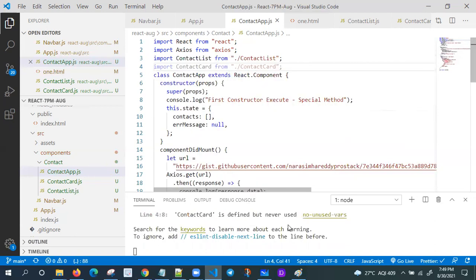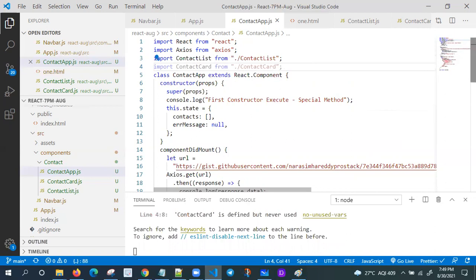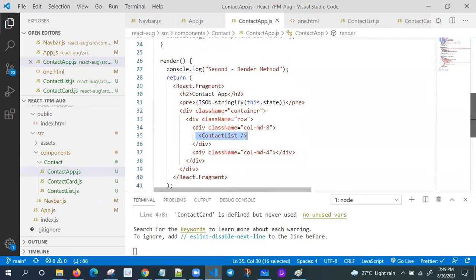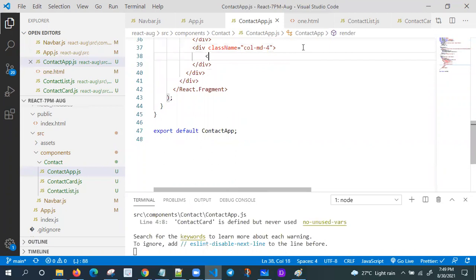It seems to be one page only, but I'm creating 3 different components. Each component is going to return the UI. Here also contact card.